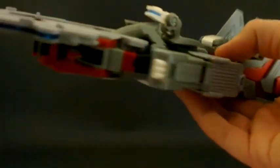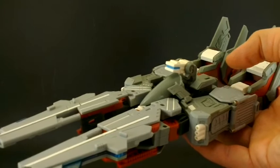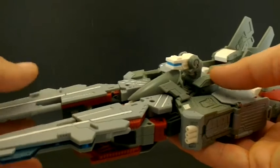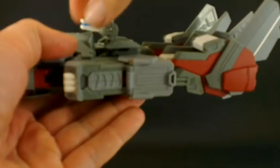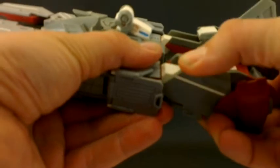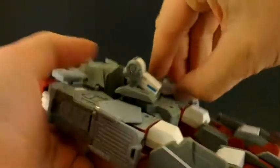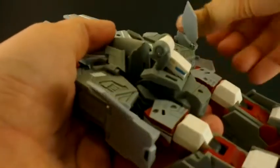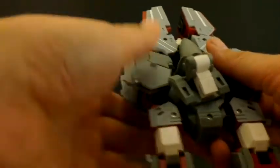Alright, now let's get this guy into his plane mode. Going to jet mode is a bit more complicated, so bear with me. We untab these, we'll need those again later. We're going to fold this part back, and then we're going to just pull the legs back out to how they were, like this. Fold these sections down, untab these flaps as if we're going back to the robot mode, and just bend all the panels back into the forearms to be how they were before,